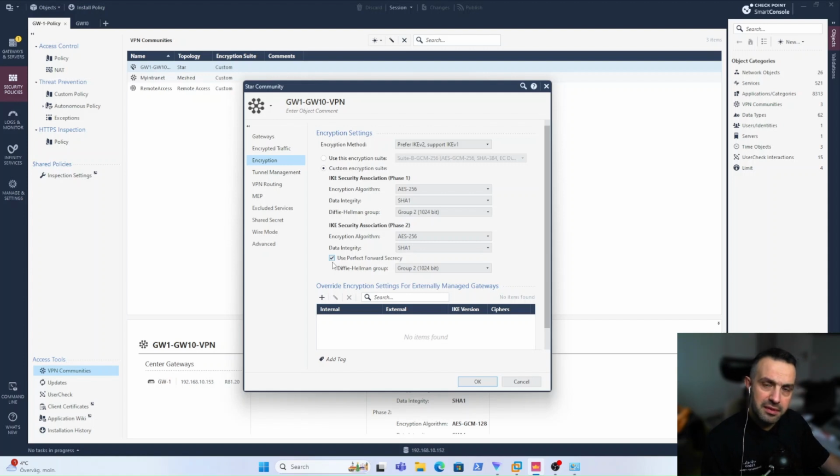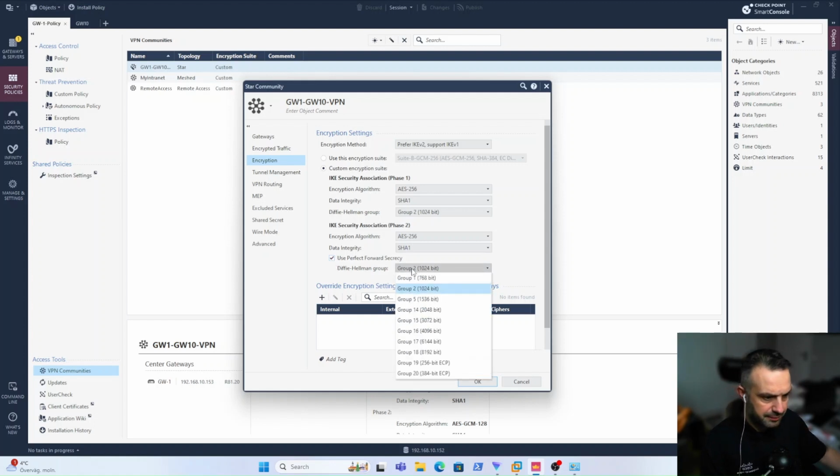How is PFS implemented? PFS uses a new Diffie-Hellman key exchange during phase 2. Common Diffie-Hellman groups for PFS include, so we can look here, almost the same, and group 14 is the recommended one. And then here we can take a look at